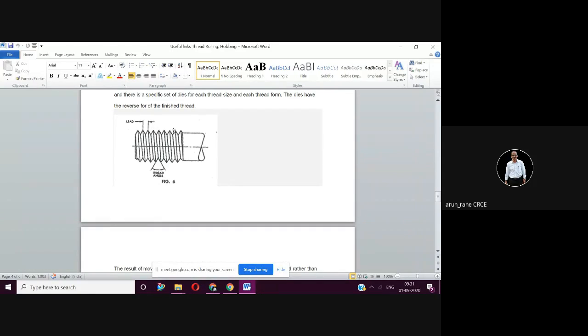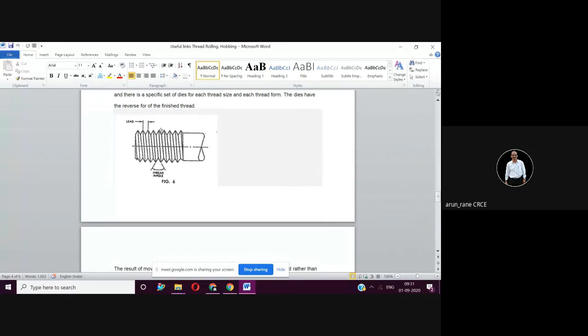So the advantage of multi-start is you get faster axial movement. If it is single start, then the table mounted on a nut will move by 2 mm in one revolution. But if it is 3 start, in one revolution itself, the table will move by 6 mm. The table movement is fast, and that is the advantage of multi-start.